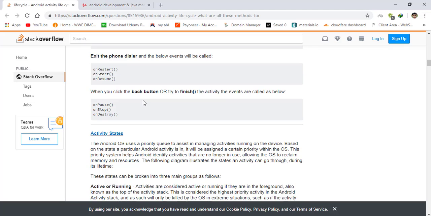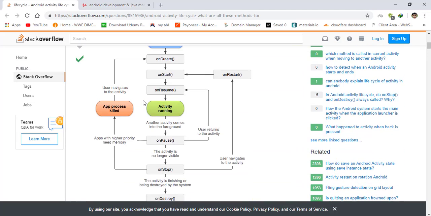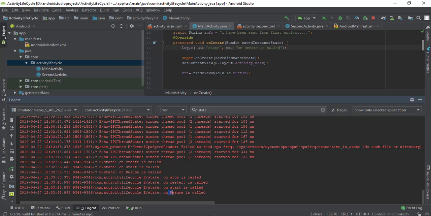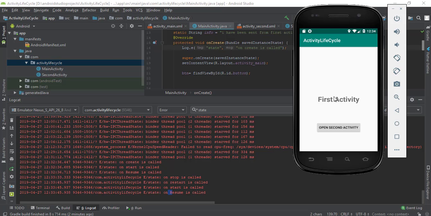So if I go to the lifecycle here, that means that I was on stop and the user navigates to that activity. I navigated to that activity, and then onRestart was called, then onStart, then onResume. So let me create another scenario. Let's say I'm on the home screen,